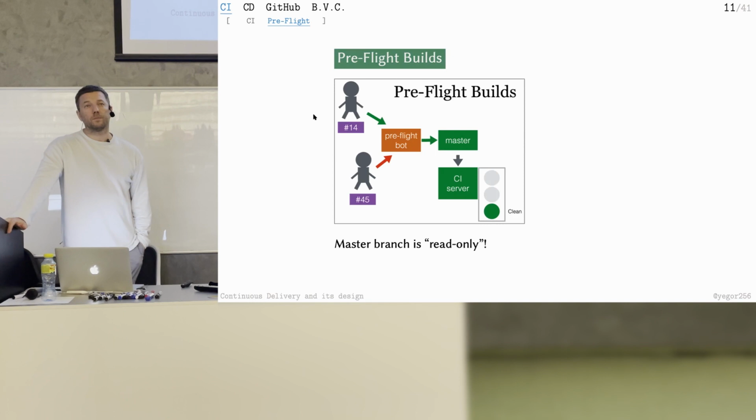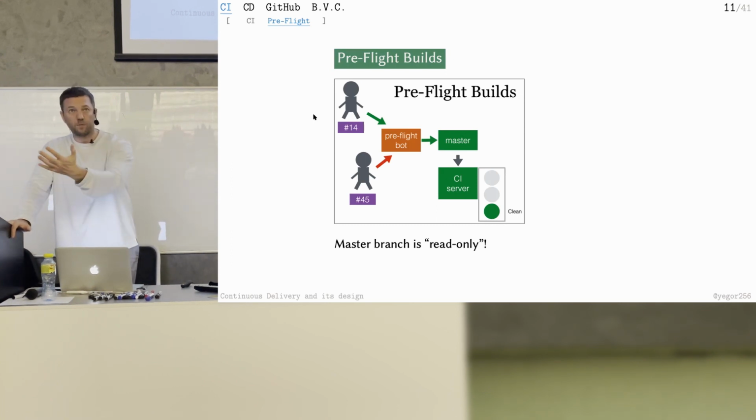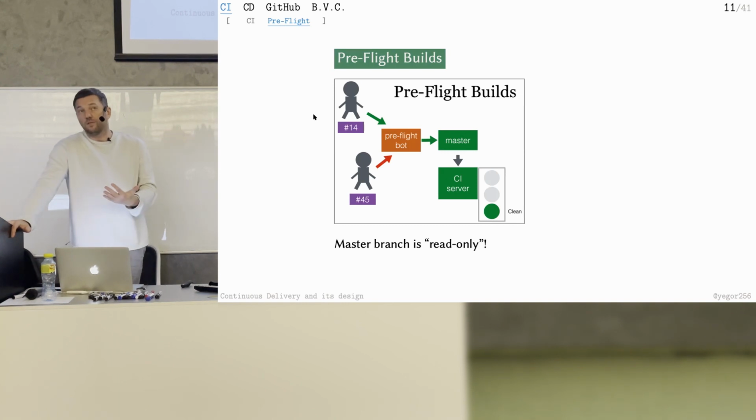In this case, what if I write some code and I write weak tests? Or for example, I don't write tests at all. And this will pass the pre-flight check. Yes, of course, that's a good question. So if you make bad code, with a mistake, and you don't write the unit test, then you give it to the pre-flight bot. The pre-flight bot compiles everything, and because there are no tests, everything is good. It goes to the master branch. Then I pull your changes to me. It's still clean for me.